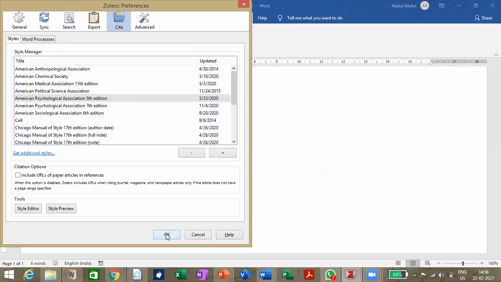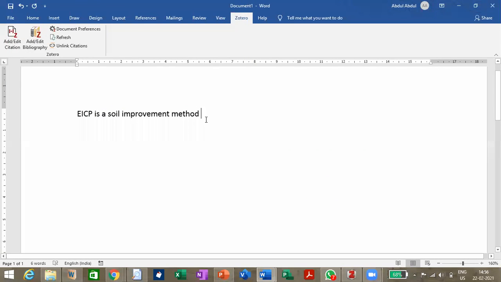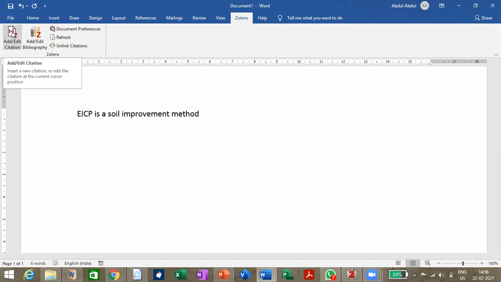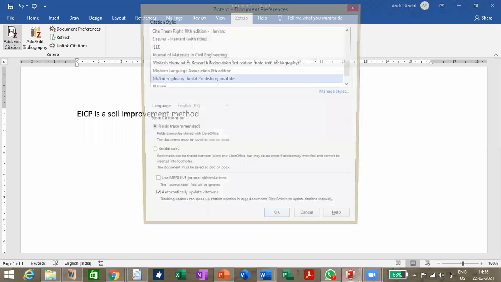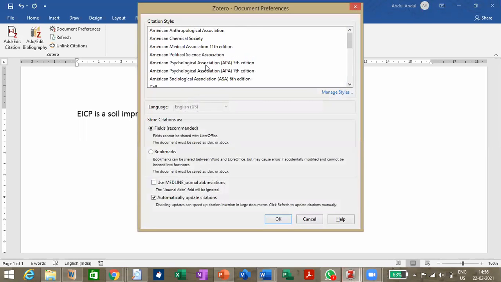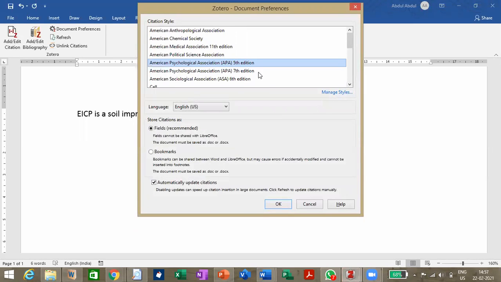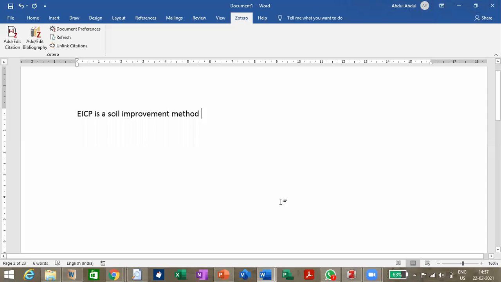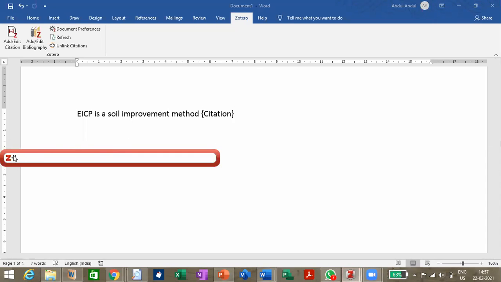Now what will I do? I'll say okay. Now the Zotero plugin in Word has understood that you want to cite in APA format. I'll again click on add or edit citation. Now we'll select that American Psychological Association 5th edition, and I'll say okay. Now a new window has come, and here I'm supposed to select the paper's title.